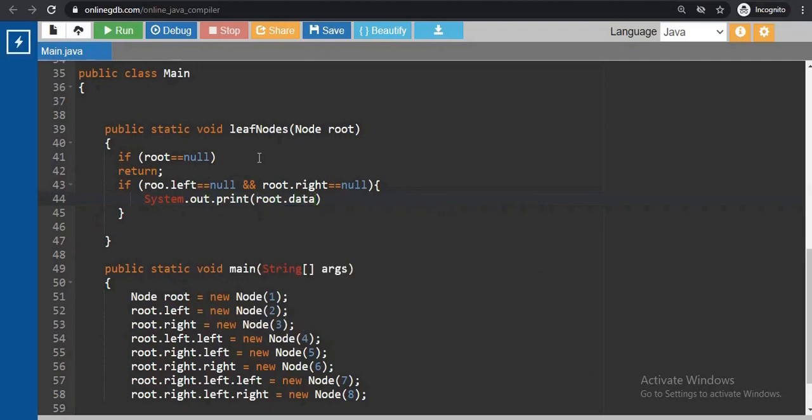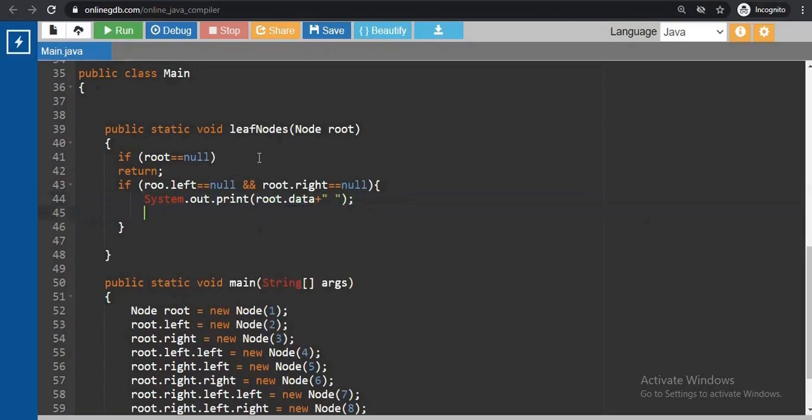Print root dot value with additional space, and in this problem we need two variables. The first one for storing the count, and the second one for calculating the sum. For each leaf node we have to add its value to the sum variable and increment the counter by 1, right?